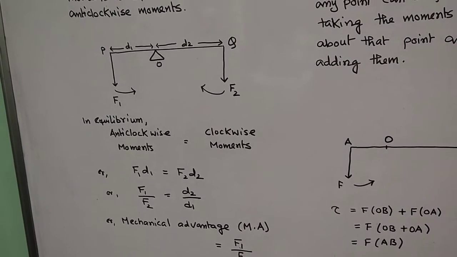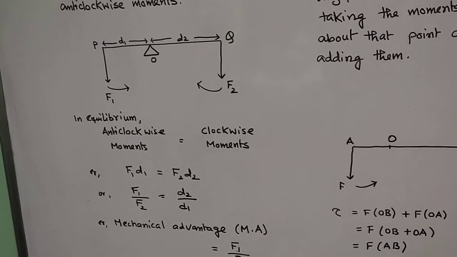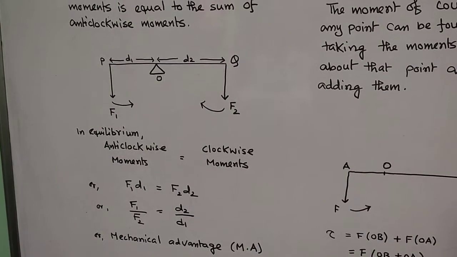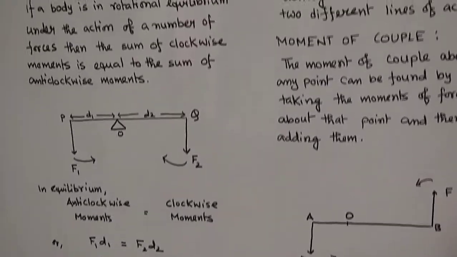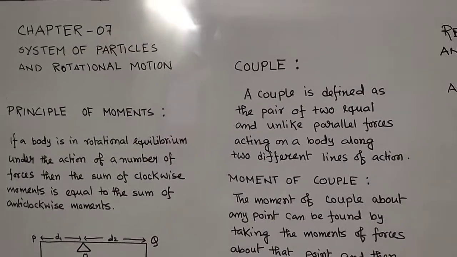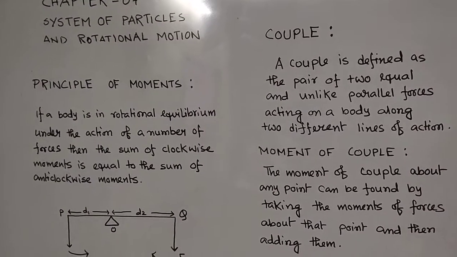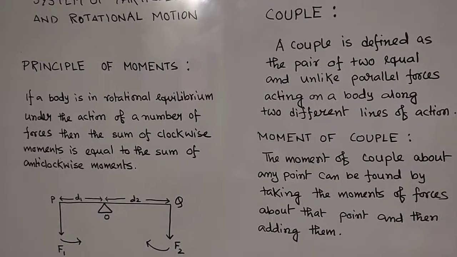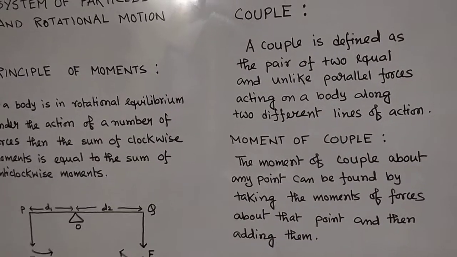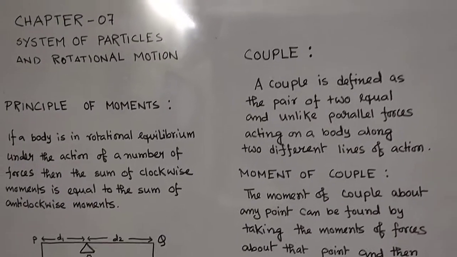So if F1 is more, then D1 will be less. If the force is more, then the distance reduces to maintain the system in equilibrium. This is a very important point. In equilibrium, you have two kinds of equilibrium, basically translational equilibrium and rotational equilibrium. In translational equilibrium, the translational motion is zero, as the sum of the forces is such that there is no translational motion. And in rotational equilibrium, torques are there, but there is no rotation.